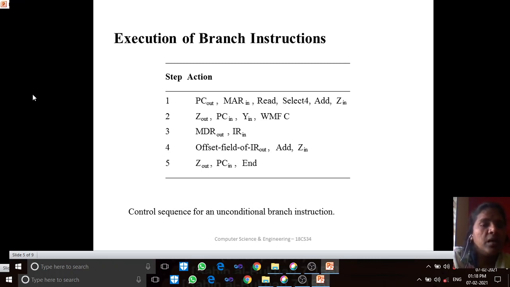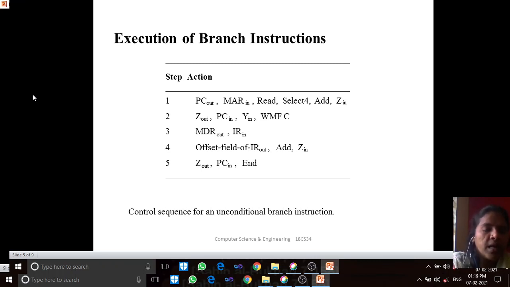Then Y in will be used, and memory function complete will be issued, saying that whatever address location you are asking for, it is ready.